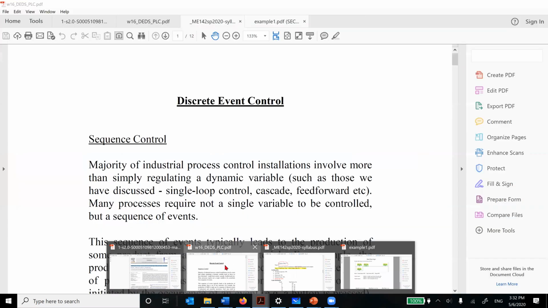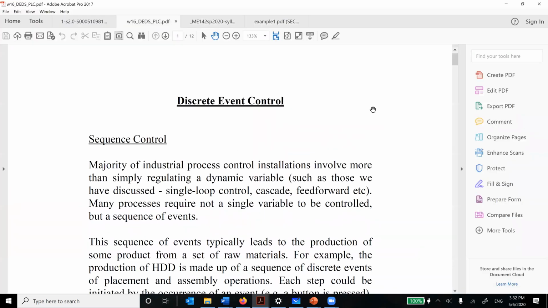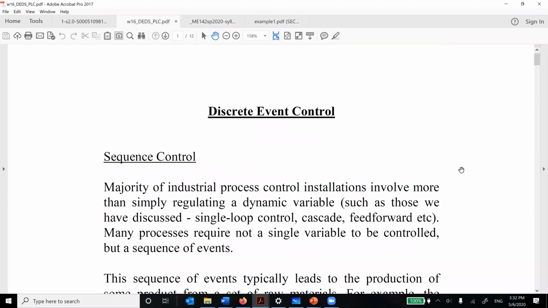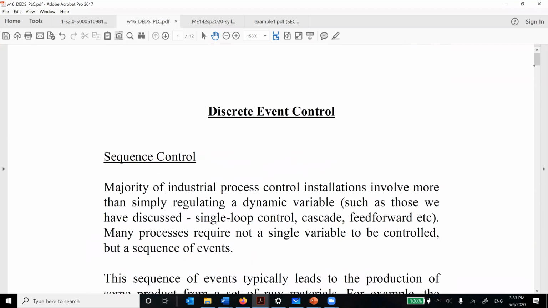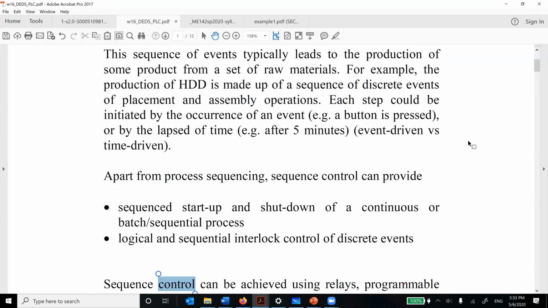So what I'm trying to do next is to show you PLC. Anybody heard about this term? It's called ladder logic. Ladder logic. You have ladder, then you have logic. So I'm going to stop with this ladder logic, and but to do that, let's first go through what we call it